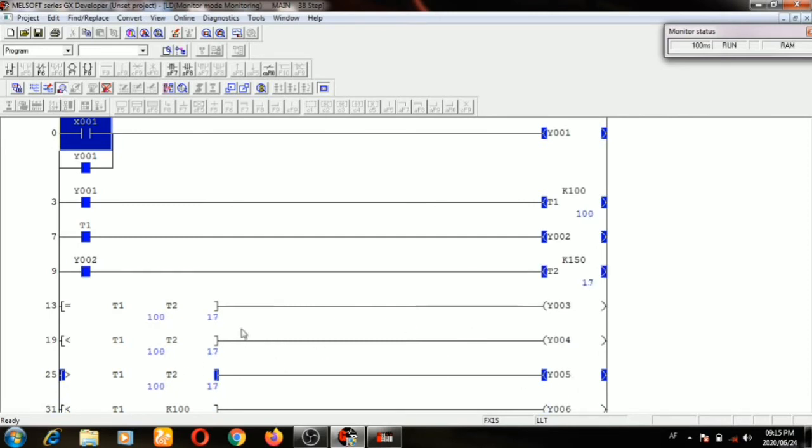And now you can see timer 2 has started, and now timer 2 is greater than T1, so Y4 is on. So I think from this you can easily understand how to use a compare block. Now timer 2 is 150 and timer 1 is 100. So timer 2 is greater than timer 1, that means output Y4 is on.